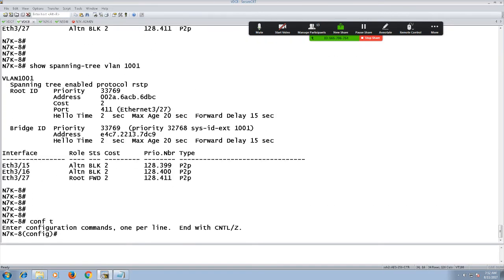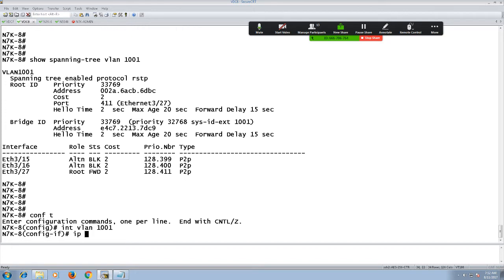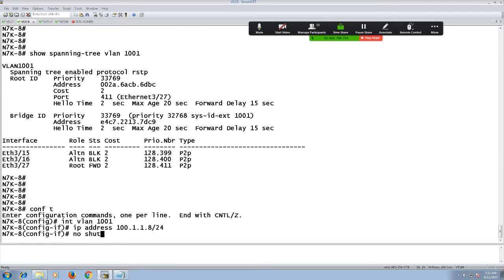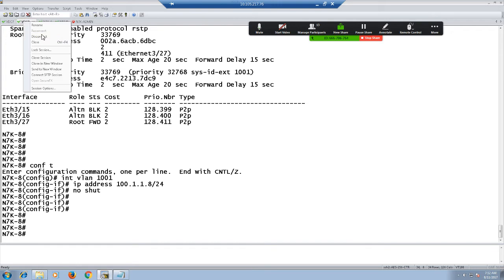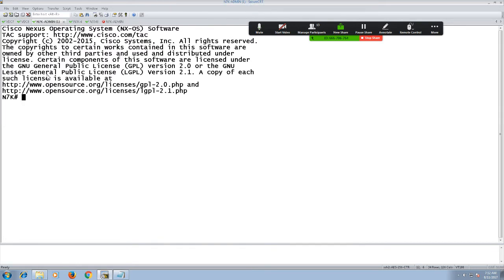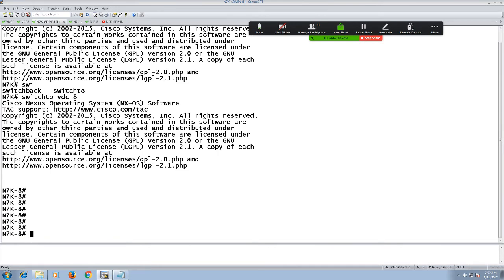So I'll write interface VLAN 1001, IP address 100.1.1.8/24, no shutdown. Let me take one more session from here. I'll switch to VDC 8 so that I can show you the output.